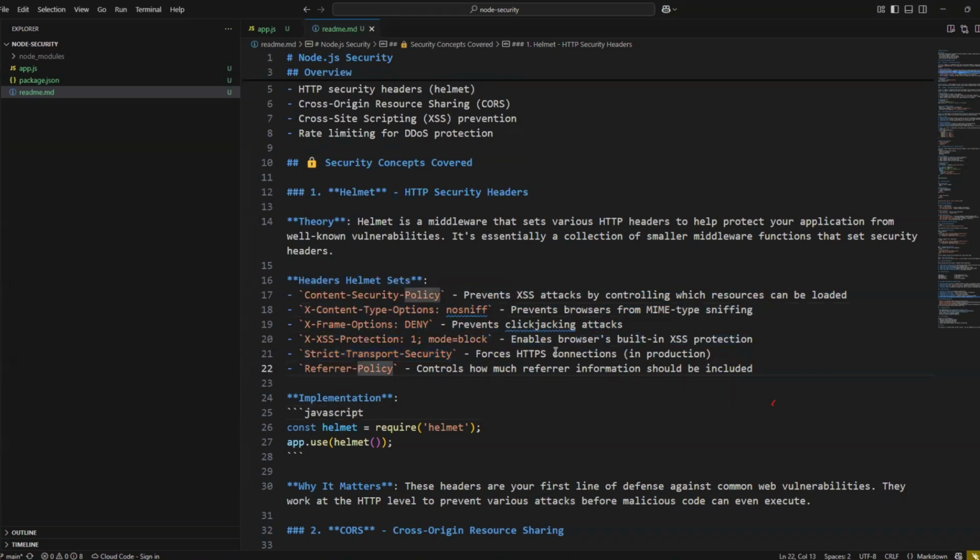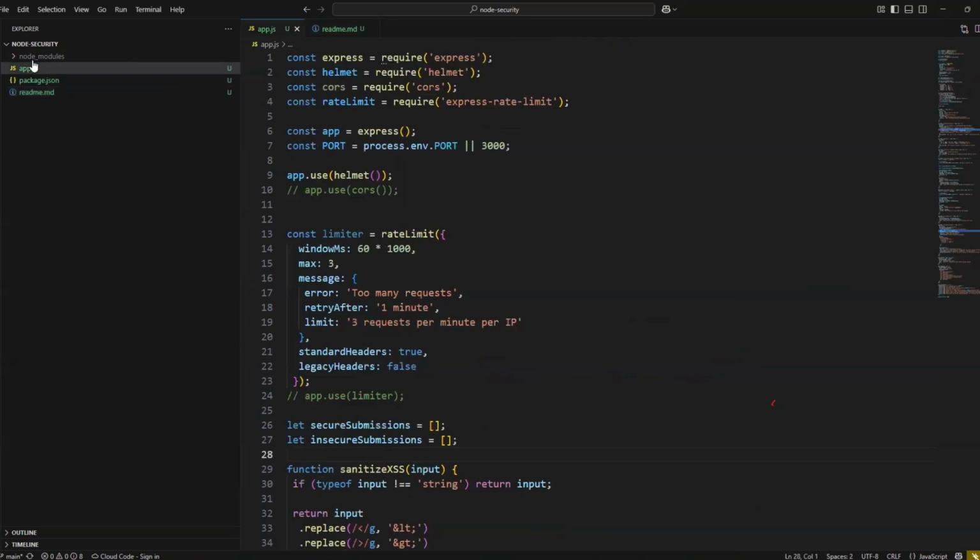One has to use HTTPS. A lot of these things are now being managed by other mechanisms in application development. But still, we as backend developers have a responsibility to use something like Helmet